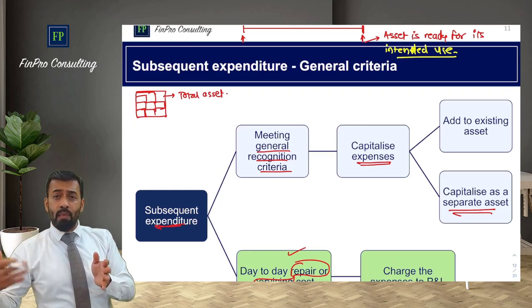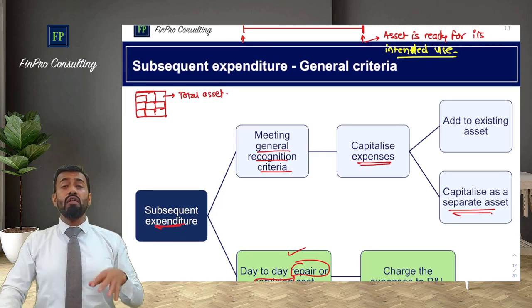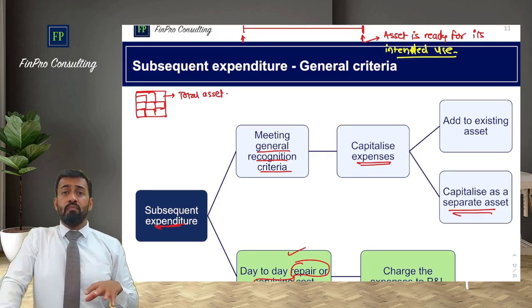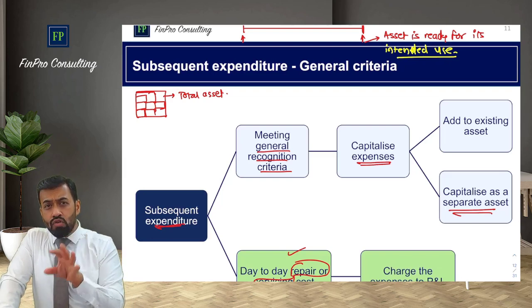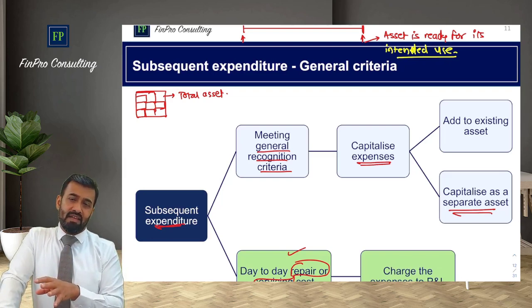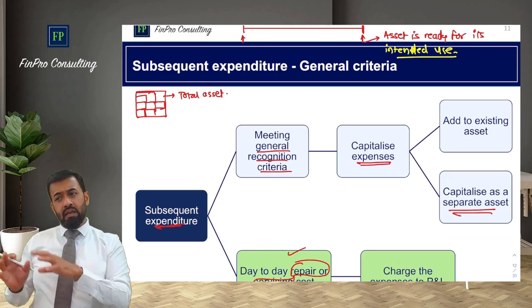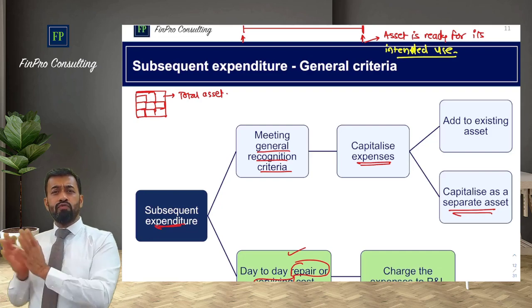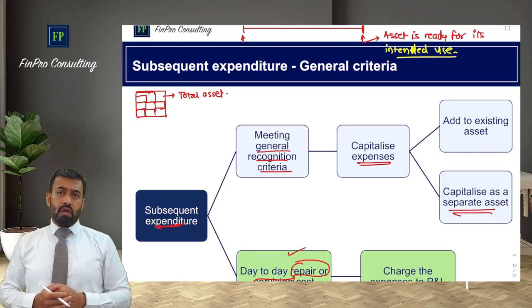It creates that probability of future economic benefits, because if you do not change, do not replace the landing gears, probably you will not be able to use that aircraft. So if you would like to use that aircraft, you have to replace the landing gears. So cost of replacing the landing gears, so you remove the landing gears, install the new one, but then what you have to do? You will